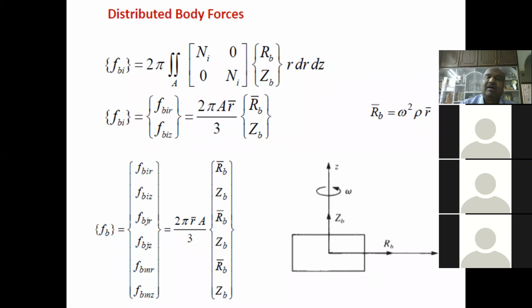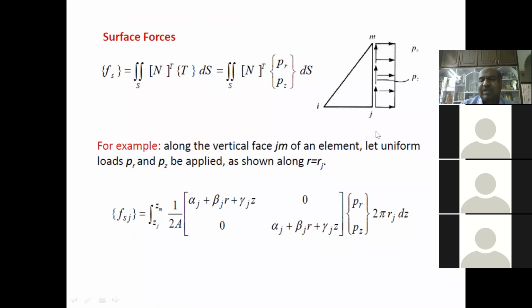So at a particular value of the magnitude, you can have shape function Ni, 0, 0, Ni, then rb, zb. Then you can multiply them, integrate the area integral. Then you can get the value of the magnitude for the forces in the radial direction, axial direction at each node. Every node you can calculate. Each node, given 3 nodes, 3 nodes we can have 6 components. Similarly for traction force, you can take any edge. So on the J and M edge, there is a constant pressure acting. So you can calculate the forces here and forces there. So we have to calculate the forces in radial direction and axial direction here, radial direction and axial direction there. So shape function